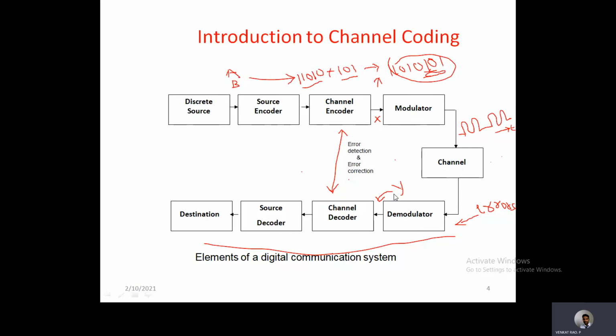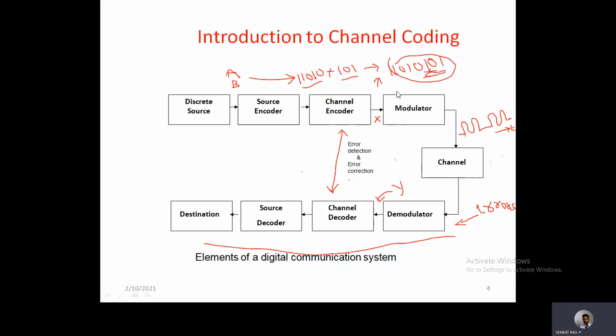The errors are nothing but this: if 11010101 is the original bit sequence, because of the noise in the channel you will get errors after the demodulation. That means instead of 1 you may receive 0 at this particular position, or instead of 0 you may receive 1 at this position. So there will be some mistakes after the demodulation. Let us consider the erroneous data which is received as Y, and the transmitted data after the channel encoder as X. X is the original digital input before modulation, and Y is the received data after the demodulation. Definitely we will get some errors because of the noise in the channel.